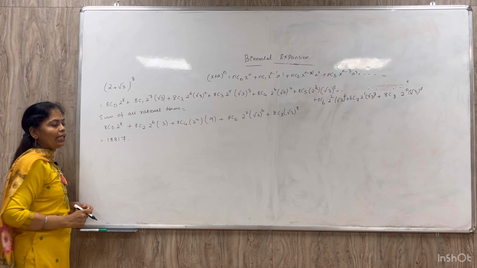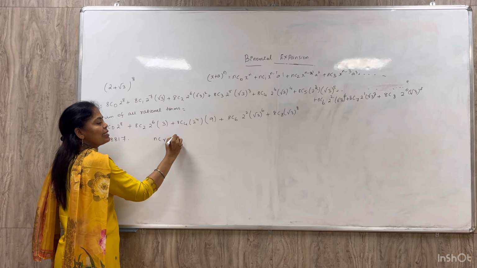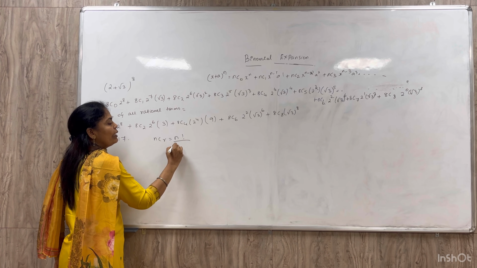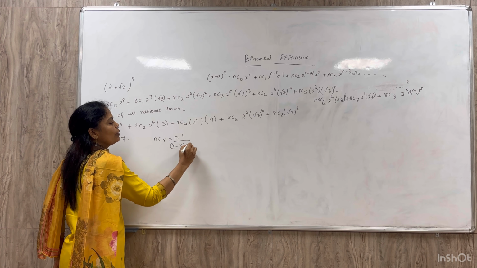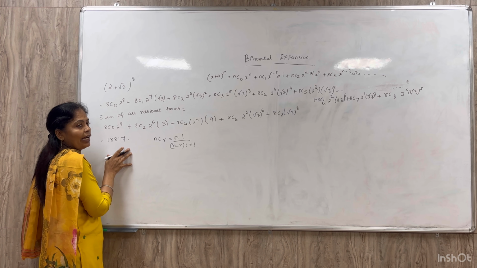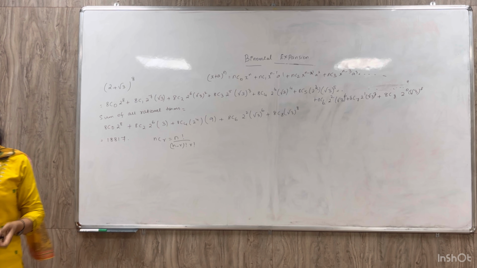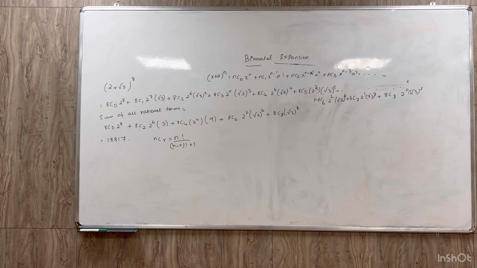18817. If we calculate 8C0, I will say the NCR formula also. NCR is n factorial by n minus r factorial into r factorial. So take all the values and if you add it, you are getting the answer 18,817. There are 4 options. The first option will be,